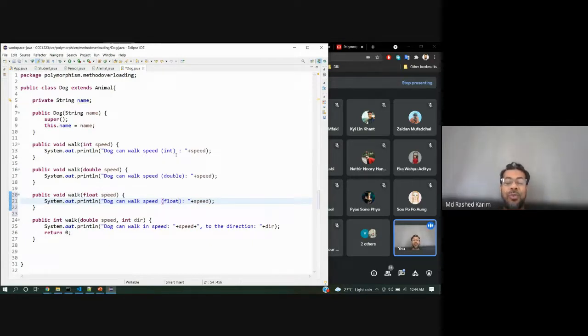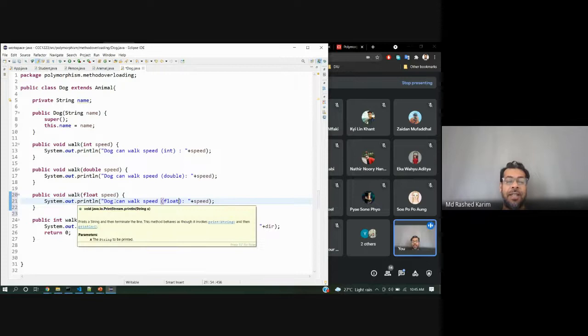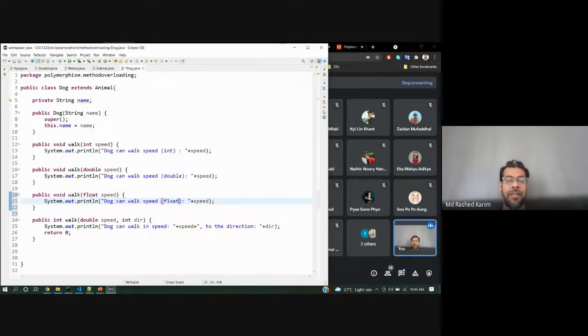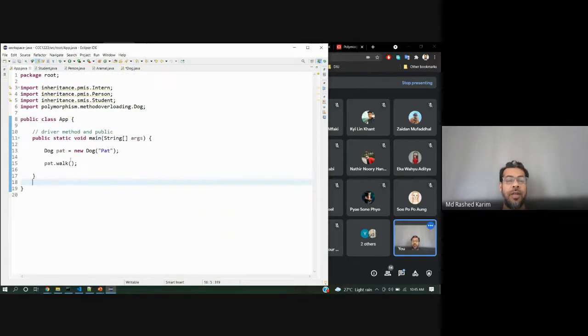But the thing is, which one will be called? Float is used as a different notation, basically for engineering purposes.